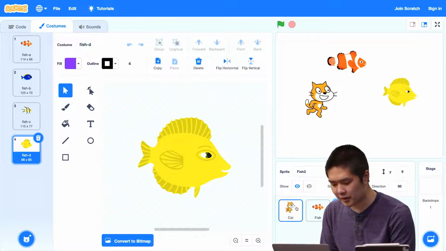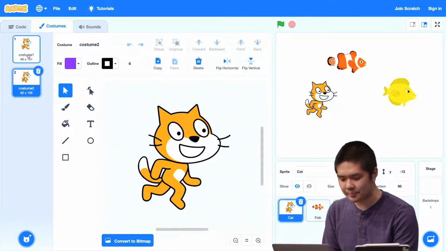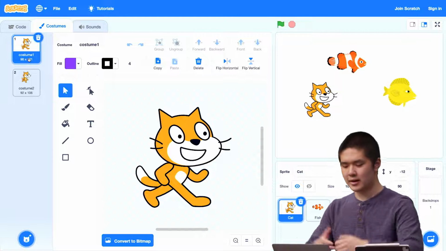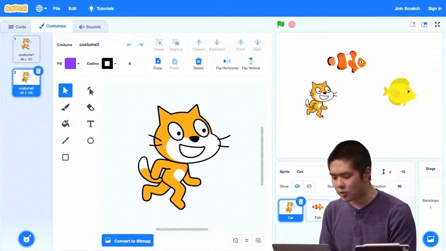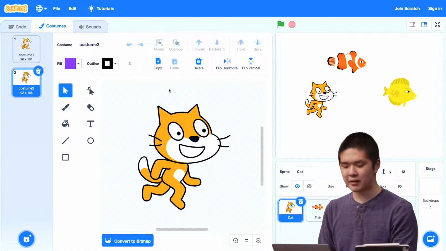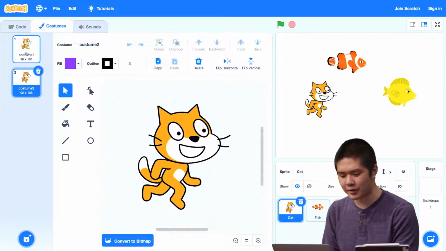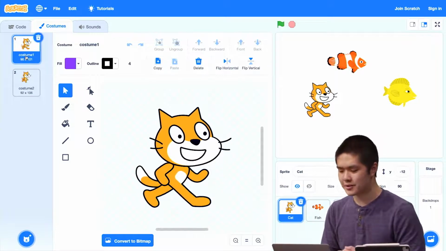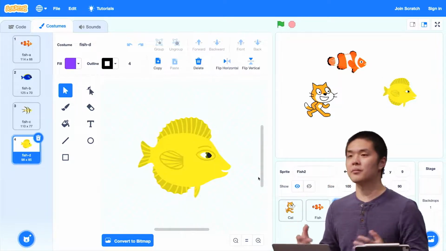The cat, too, also has different costumes. They don't look nearly as different, but what you'll notice is that the cat can be in 2 different costumes that are just in different leg positions. So in costume 1, the legs are straight. In costume 2, the legs are bent. And if you watch this sprite carefully, as I switch between the costumes, it almost looks like the cat is walking, which is why we've got those 2 different costumes to sort of give the appearance of walking if we would like to. But let's go back to the fish, which has 4 different costumes that I can choose from,